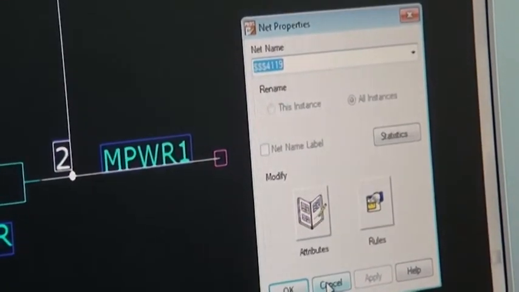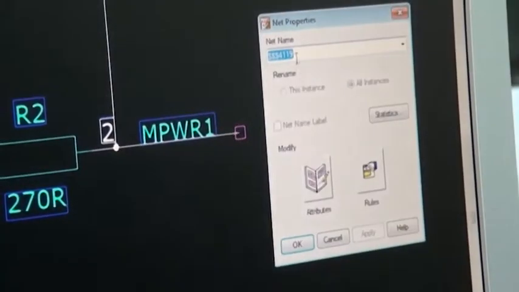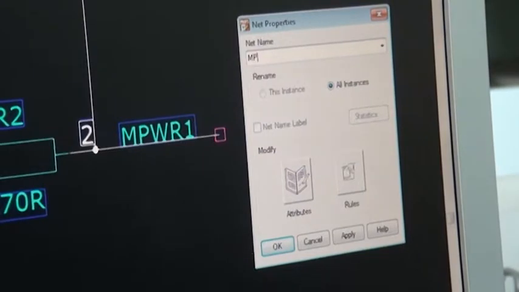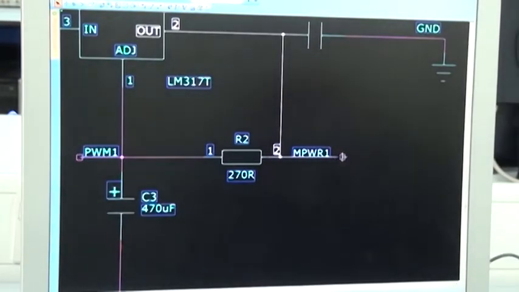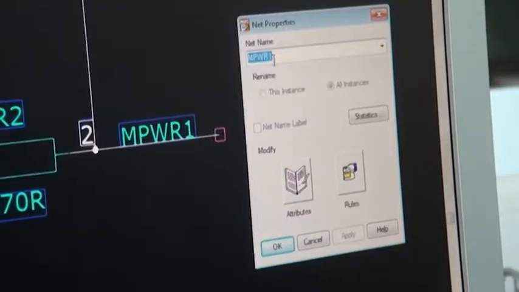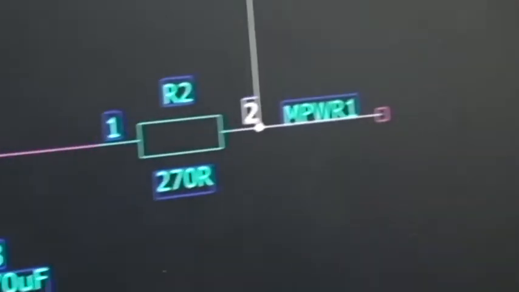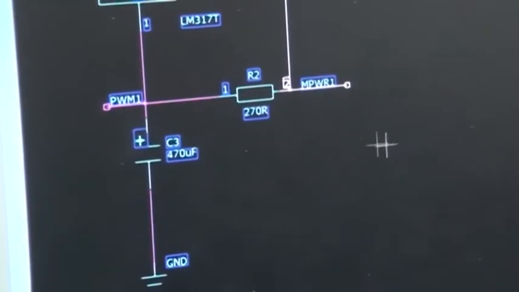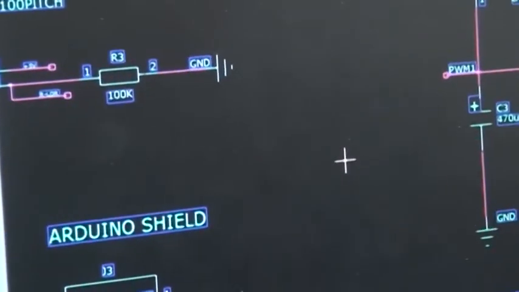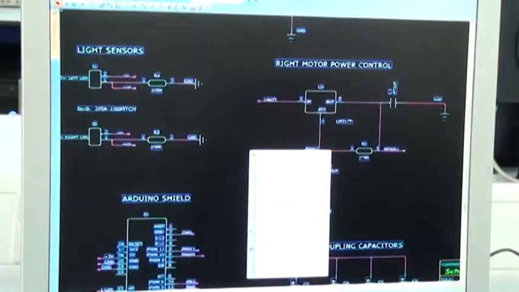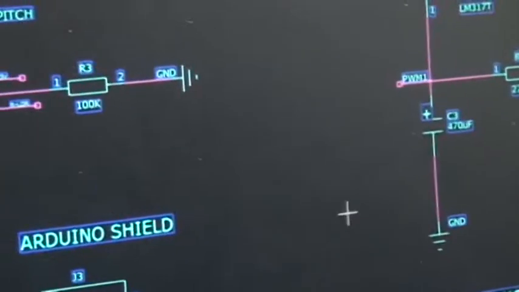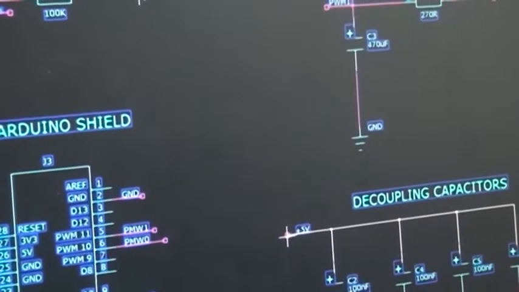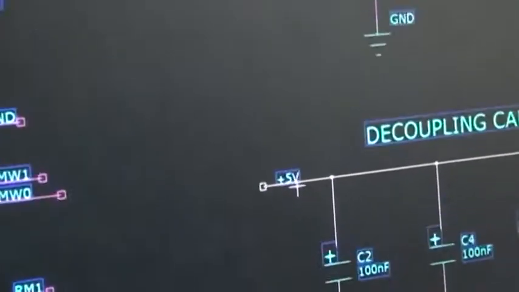So let's show you how to do it properly. We need to be able to change the name with a double click and then write it in, MPWR1. Okay, now, even though it looks identical, it does actually have the right name. So there's something that looks totally invisible, but the way to check that you've got a good design is by doing right click nets. So if you connect something to, say, here, then it'll highlight all the connections with